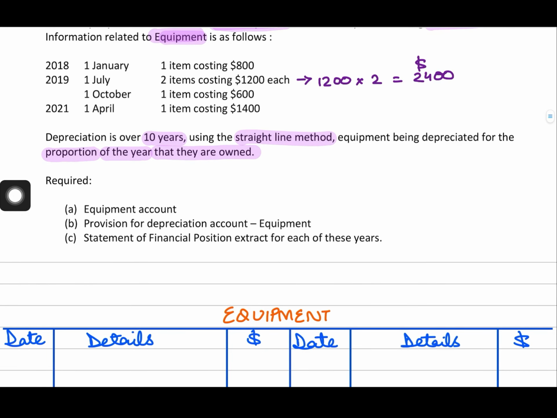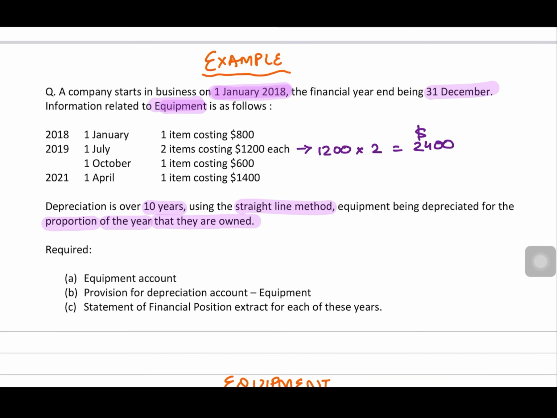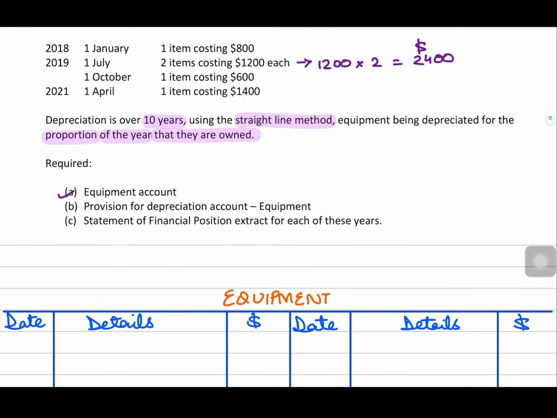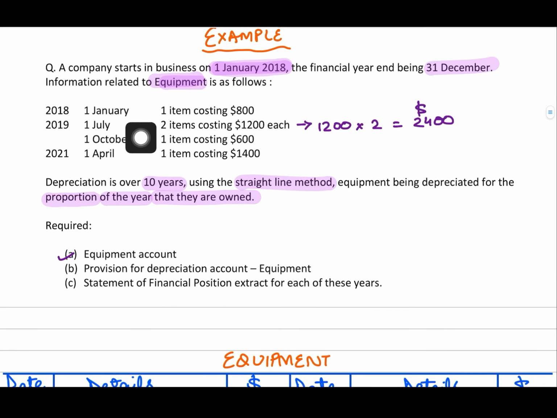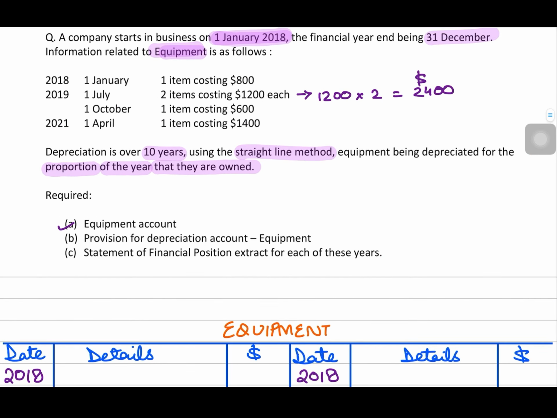The requirements. The requirement is part A, to prepare the equipment account, then provision for depreciation of equipment account and SOFP extract for each of these years, right. Very good. Okay, so let's begin with the first requirement, and that is to prepare the equipment account, right. So first year is year 2018. We know that there is no brought down given in this question, so we will directly start with the purchases